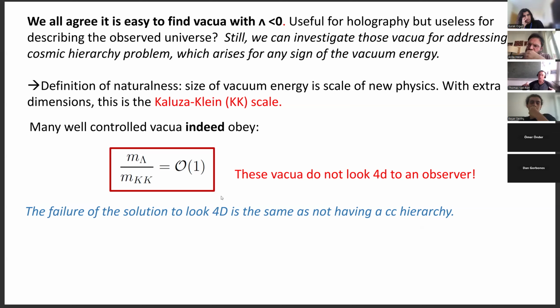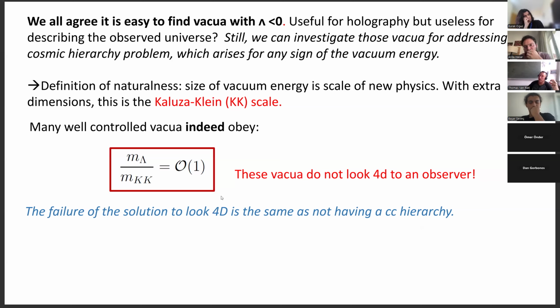Weinberg explains to us there is something called a hierarchy problem, a cosmological constant problem. Fine. But Weinberg assumed 4 dimensions of space-time. Okay? Then I think of string theory, which is at least a toy model that allows me to compute vacuum energy. And I learned that a vacuum which is natural according to, say, the definition of Steven Weinberg, is not 4-dimensional. So I'm not allowed to even use the language of 4-dimensional quantum field theory. Do you see the problem?